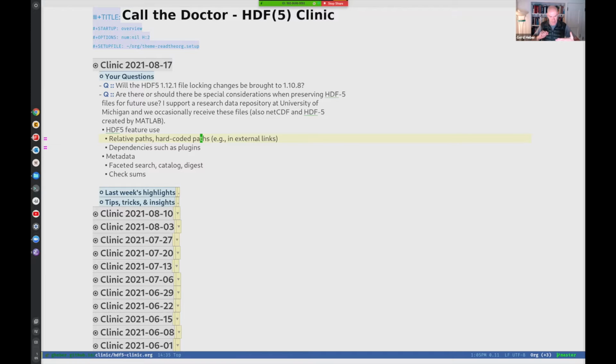And there are ways to express the location of these other HDF5 files relative to this file, the source file, let's call it that, or there is the possibility that you can put in there an absolute path name.